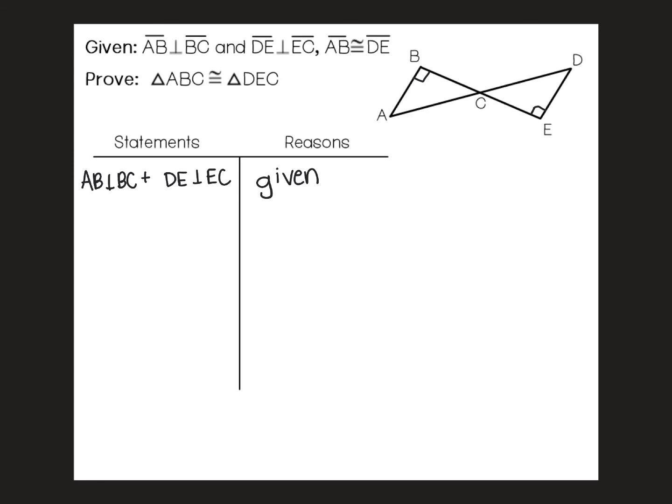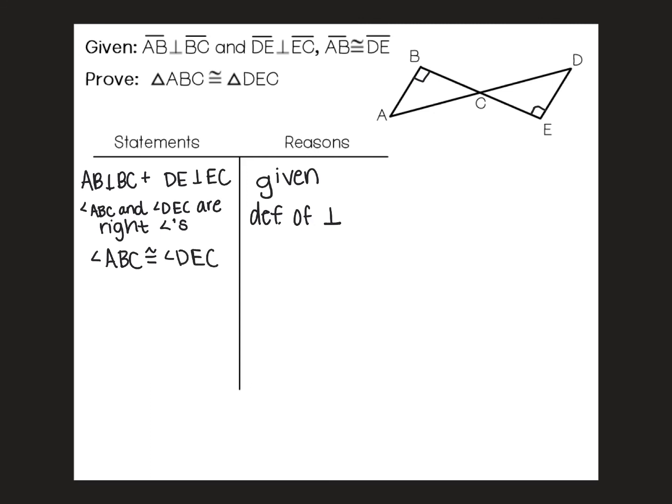Remember, when we have perpendicular, there's 2 things you have to put in your proof. The first is going to be that angle ABC and angle DEC are right angles. And that first one is definition of our vocab word, which was perpendicular. After that, we have to say angle ABC is congruent to angle DEC because all right angles are congruent. Now, I've used